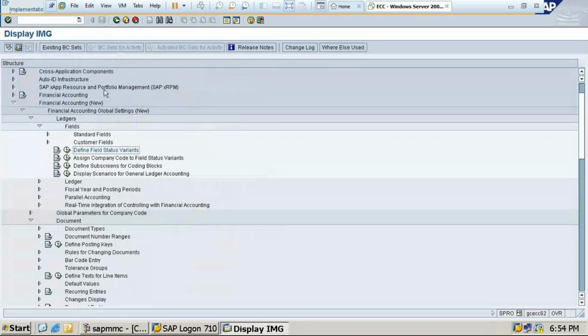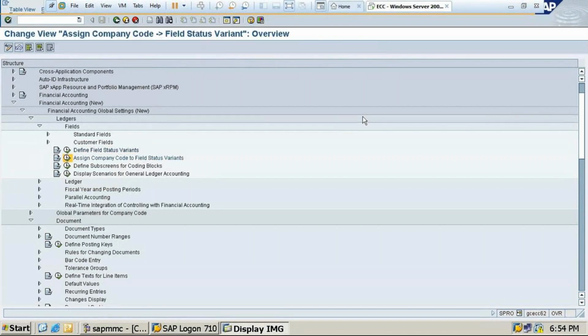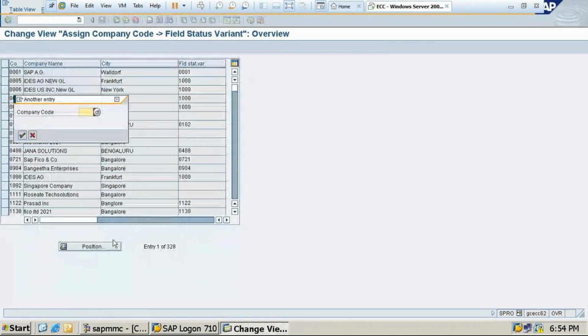So the next one is assign company code to field status variant. It is just below that. You need not search anywhere. After define, you need to assign this. So click on position. Remember, students, when you are assigning this, you must click on position. Do not get scared about what I should do. Just click on positions because you are going to assign this.